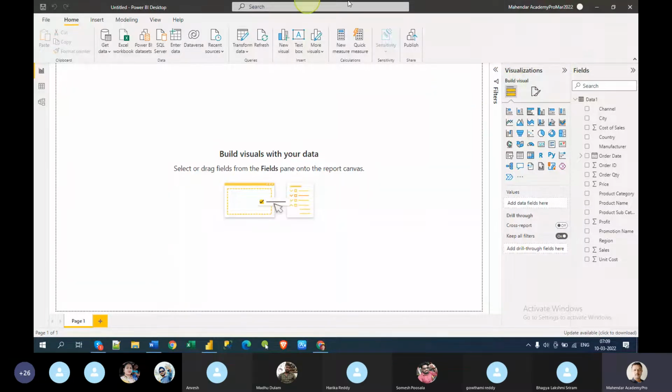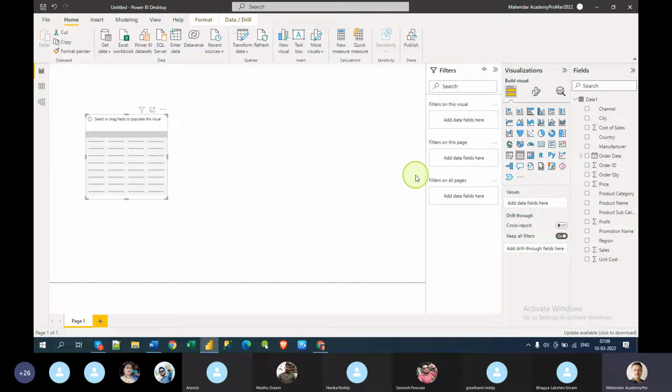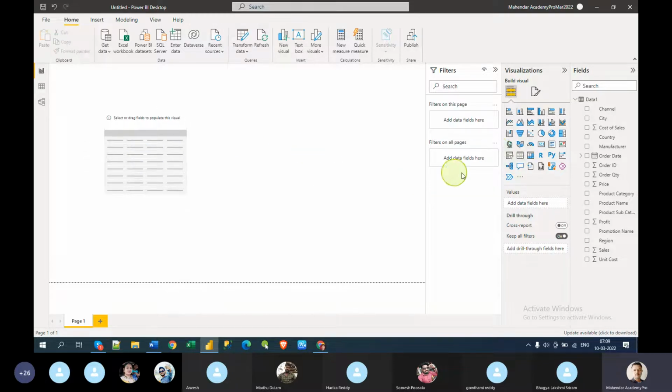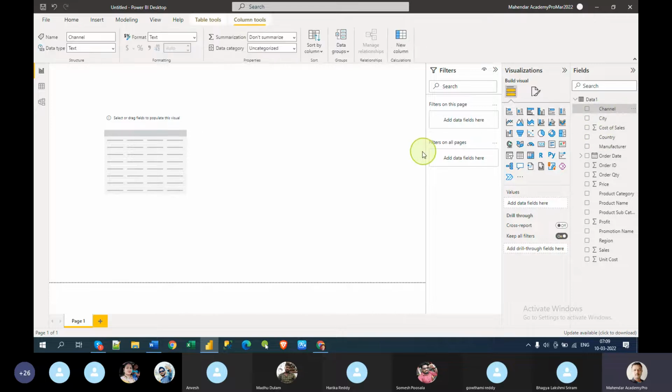Now, what you need to understand is this. We have already discussed the ribbons and the columns and all those stuff, right? So here we are going to create the table. The first one, the basic visual, is the table. If you create any visual, first come to the table and then change it to the visual that you want to make, right? So let's understand the table first. So what is the table and what is the purpose of the table, right? So simply you can either click on the visual, or you can click and take the fields automatically. It will create the table. Now you see, I have not selected that. Let me select, what happened?